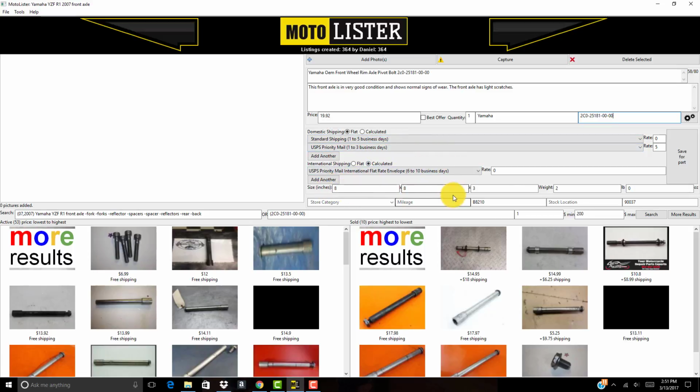The size of the package has already been pre-filled for you, as well as the weight. You can update your store category, the mileage on the vehicle, the batch name, which would be, for example, if you assign a number to each one of your motorcycles or vehicles, you would input that here under batch name. And you also have an option to enter in a stock location, and this is where you would enter in